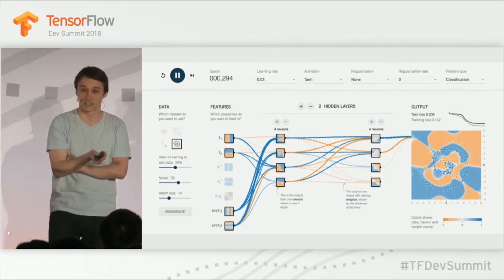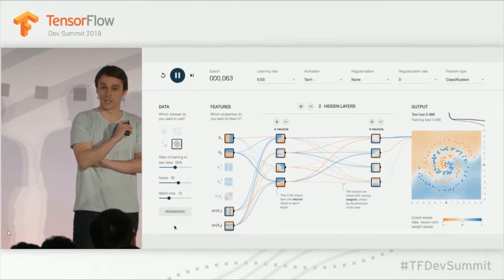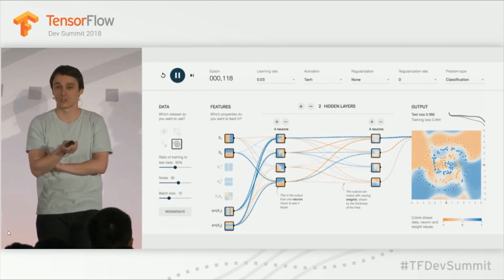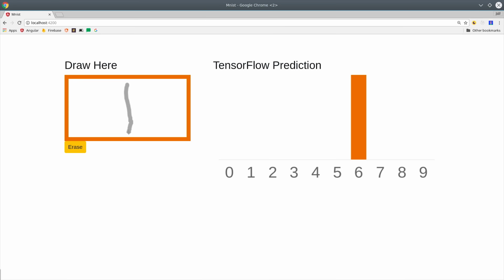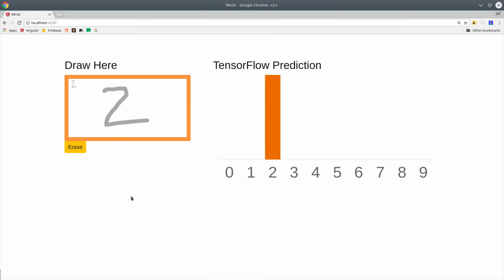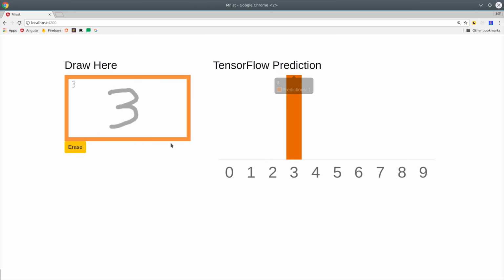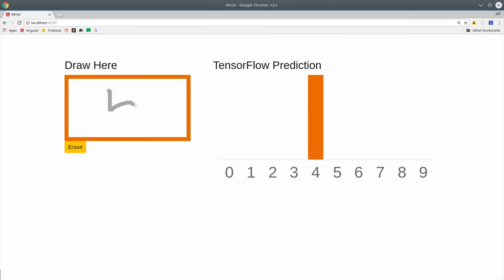The most exciting thing to happen last week was the announcement of TensorFlow.js, a JavaScript library that allows us to build, train, and make predictions from machine learning models directly in the browser. We'll use TensorFlow.js with Angular to take a hand-drawn digit image and then predict its actual numeric value. I'm super excited about this because it opens up a whole new world of possibilities to combine web development with